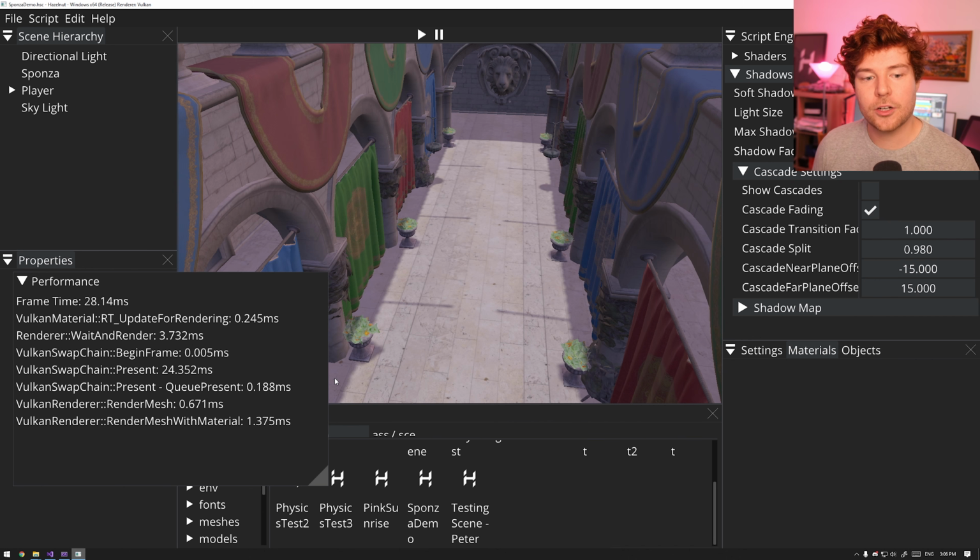I mean, actual queue submission does take some time. Presentation takes a little bit of time as well. So vkQueueSubmit will take some time, present will take some time. But then the fence waiting is the majority of this time. So 25 milliseconds, we're literally waiting for the GPU to finish its frame. So we know, even though we don't have GPU timers,